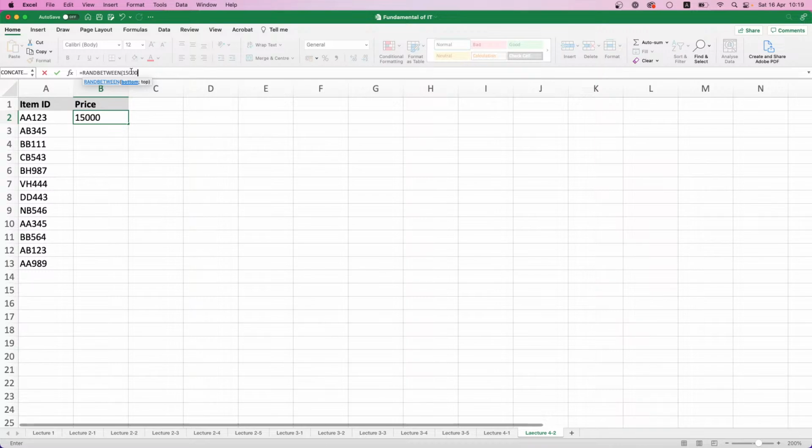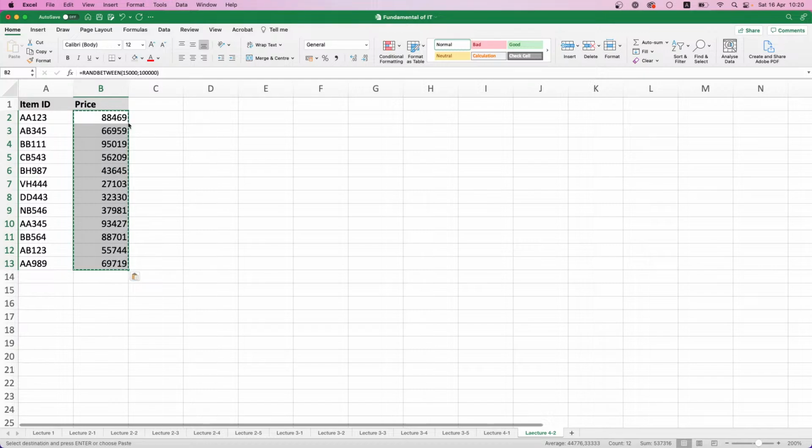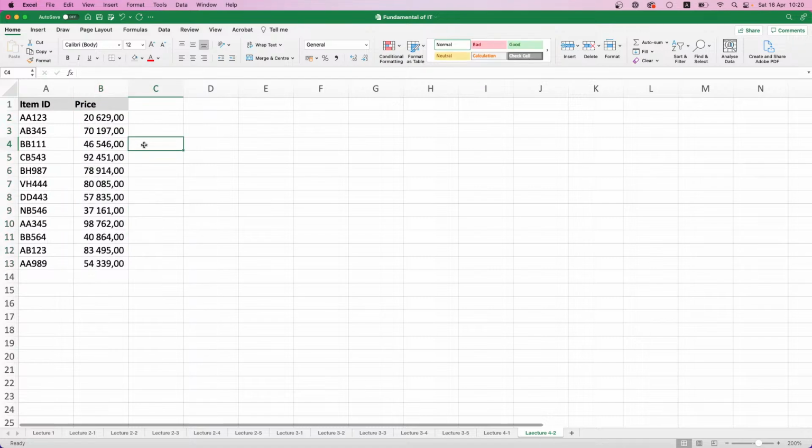And let's just set the random price, RANDBETWEEN 15,000 and 100,000. Like this. Of course, we have some. No, we do not have any duplicates. That's perfect. Okay, so